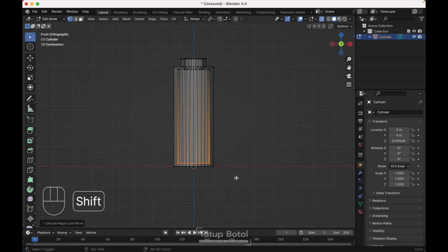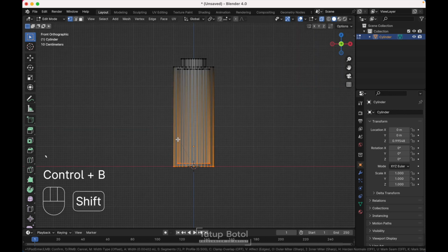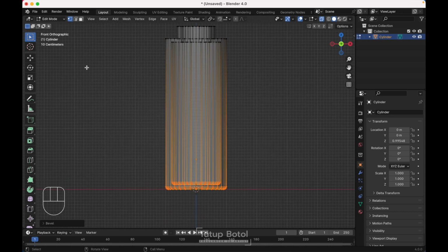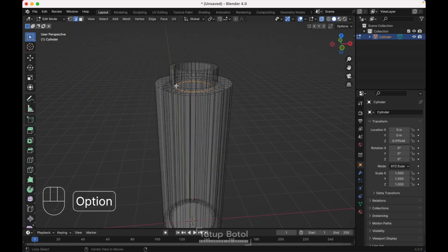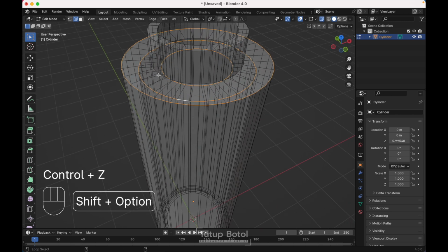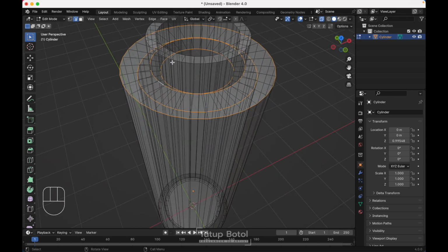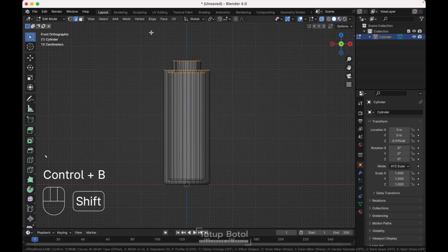and press Shift Alt, select this edge at the bottom, we're going to select these two faces, press Ctrl B, bevel it, just like this, and press 2 on your keyboard to change to the edge mode, select this edge, and this edge, make sure you select all of these edges, and this edge, and this edge, and this edge, yep, press Ctrl B, just bevel it a little bit, just like this,